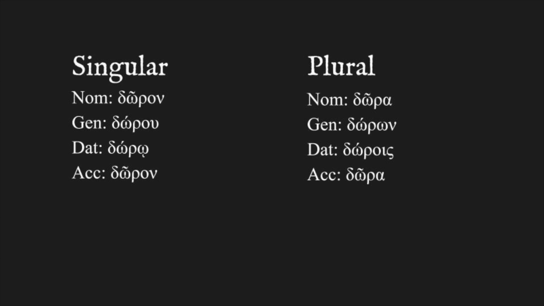Here is another second declension noun, however this one is neuter. As you can tell, they are pretty much the same besides the nominative singular and the nominative plural. They're honestly easy to remember because the nominative and the accusative are always the same in the neuter. Before we try some practice problems,